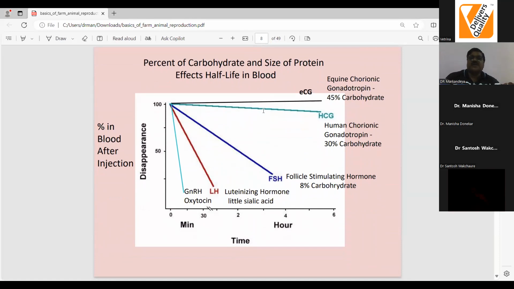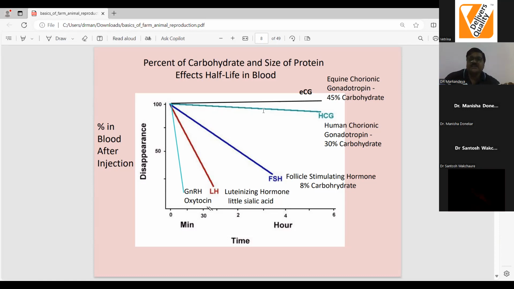See, this part is more important for us, that for how much time a hormone will act once it is released by the anterior pituitary. GnRH and oxytocin, you will find that this is less than 10 minutes. So 6 to 8 minutes is the maximum time in which the action is brought about. When you consider LH, nearly 45 to 60 minutes of action will occur. In case of FSH, you will find 4 hours, maximum 4 hours. That much is the time for which the action of FSH will continue.